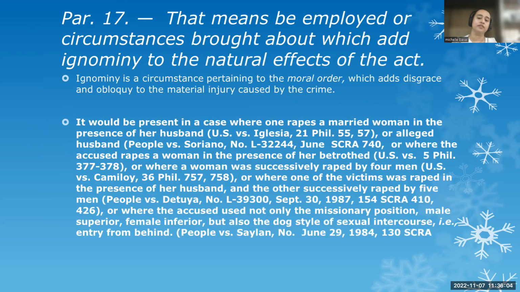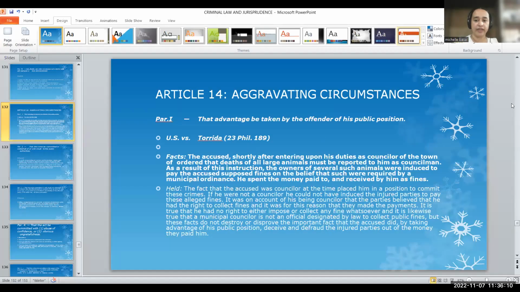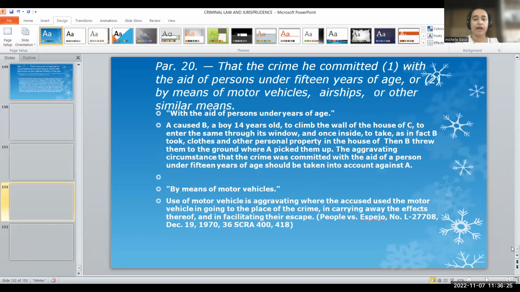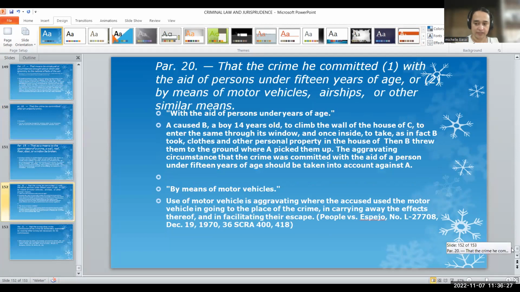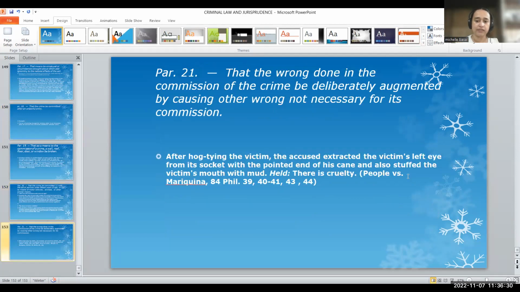Our keyword here is JEMAA. Please do not forget that JEMAA: J is justifying, E is exempting, M is mitigating, A is aggravating, and the last A, which we will discuss next meeting, is alternative circumstances. So do not forget all these things because these are all very, very important. And I want you to be able to always remember them, because honestly, when it comes to the law, repetition is always very important.